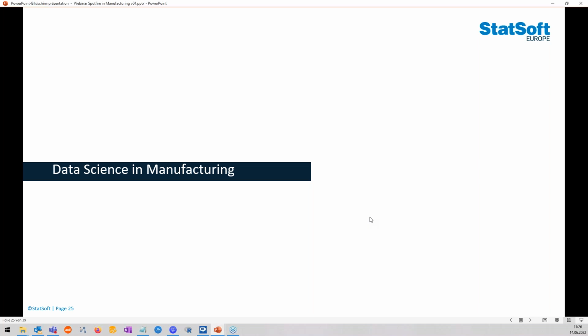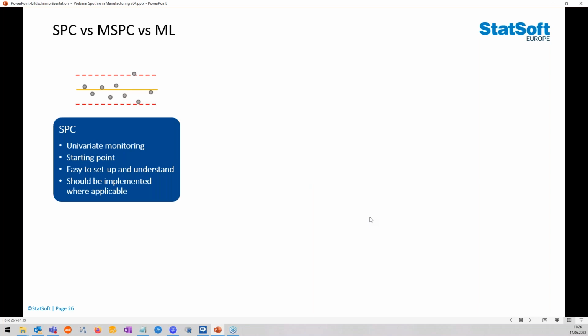So let's look at data science in manufacturing, and I'm going to give a brief overview of the differences between SPC, Statistical Process Control, compared to MSPC, Multivariate Statistical Process Control, compared to machine learning.